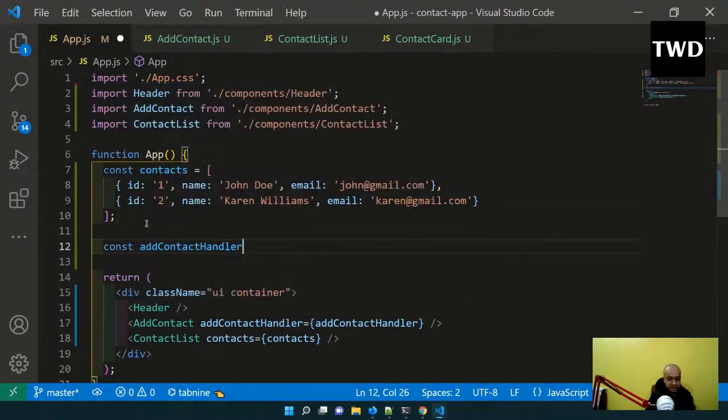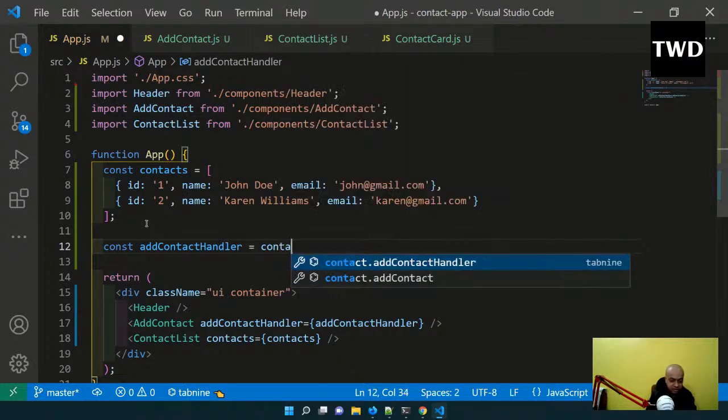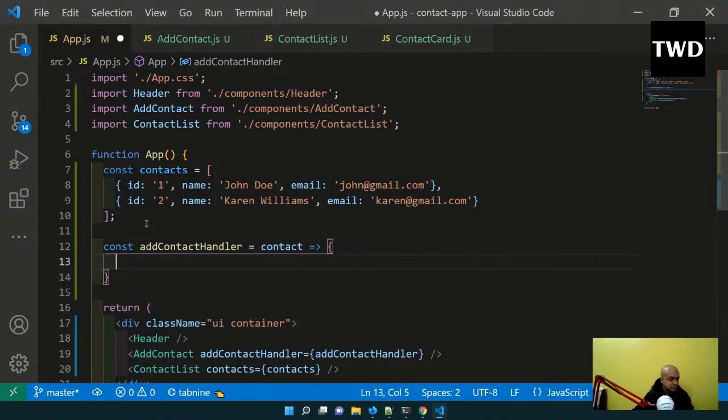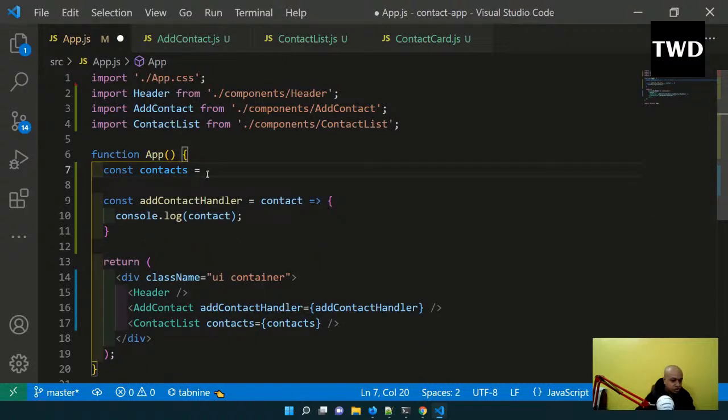Okay, so like const add contact handler equal to contact, like this. We are going to soon have it. Yeah, console.log also contact we can do. Okay, so this contact is there. We are not going to hard code it anymore, so let me remove it, and we are going to use the concept of